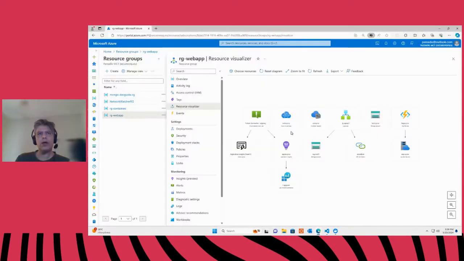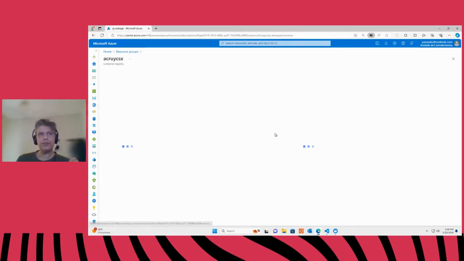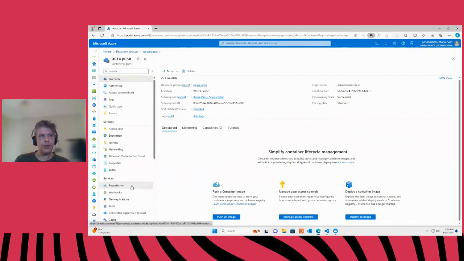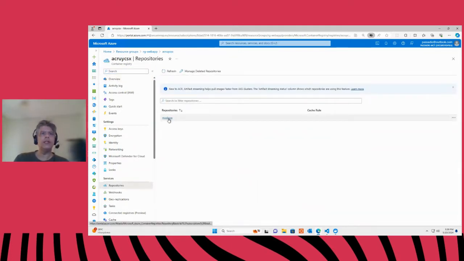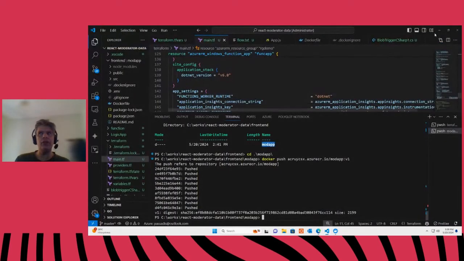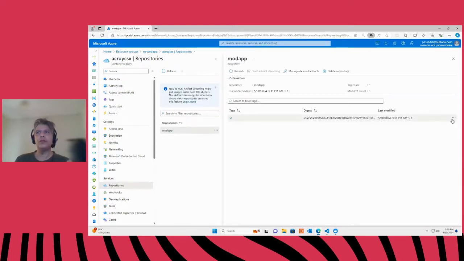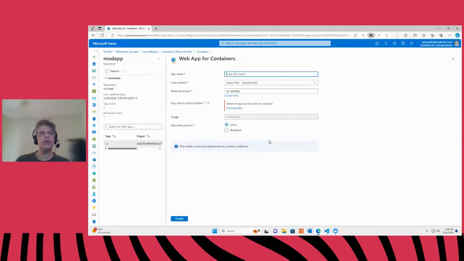The interesting part is that we are able to go directly to our container registry. Here it is. And in the repositories, we're going to find our image. I think it's already built. So let's see what Azure offers. We can go here to the three-dotted menu and we can deploy directly to a web app. This is very, very helpful for us to create our